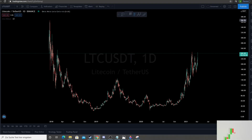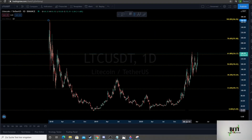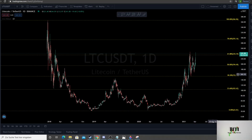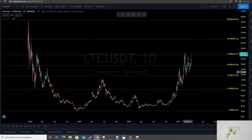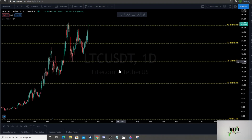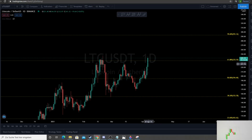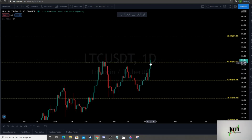This is the Fibonacci retracement from the start point here to the lowest point. This was the lowest point. This is our Fibonacci retracement, and we can see some interesting things now, guys. The big thing is we have a really nice support now with this 61.8 Fibonacci line at $235. That's for sure the biggest thing momentarily we have to watch. This is our big support. And with this daily candle for today, if we can close this candle over this support line, this would be